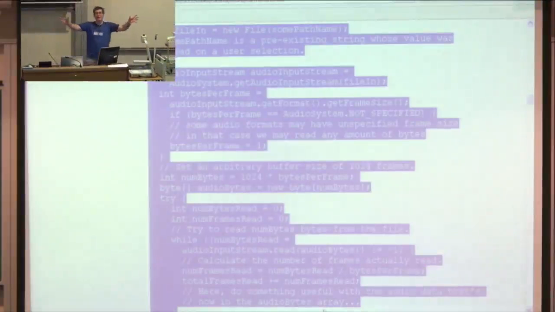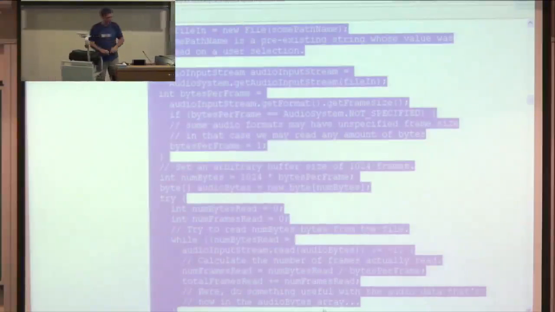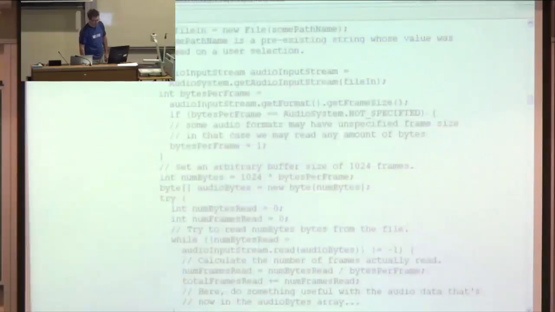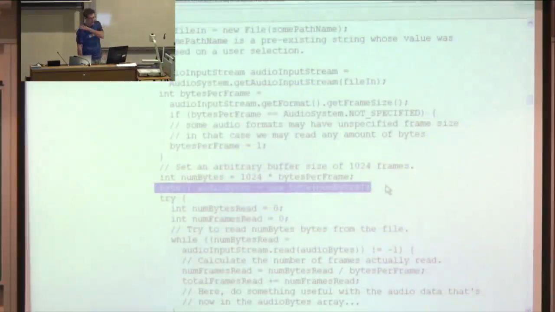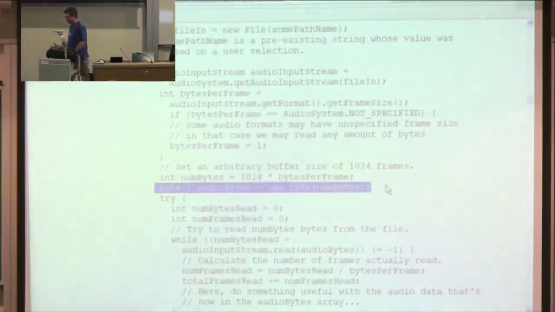But so I just made a big file. Is that what you did? You just made a big file and read it in. So you just make a big buffer, read everything from the thing, whack it in the big buffer, and then you just got to reverse it. It reads it in as bytes and stores it in this array. So I took that code and gutted it, and this is the important line here. There's an array of bytes called audio bytes, and it contains all the bytes for the program.